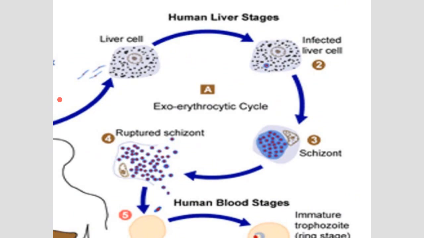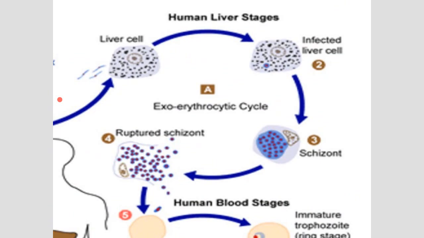But remember, I told you that the malaria parasite infects what cell? Red blood cell. We just said red blood cell, right? So we know for sure. So what we are going to do right now is call this other life stage of the microorganism the exoerythrocytic cycle. This means that this cycle is being completed outside the red blood cell. Okay? And if I were to ask you where this exoerythrocytic cycle is taking place, the answer is the liver, right?